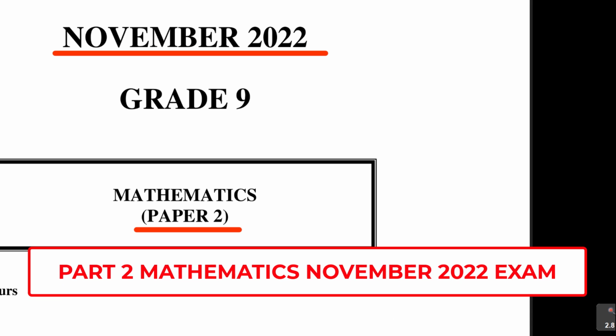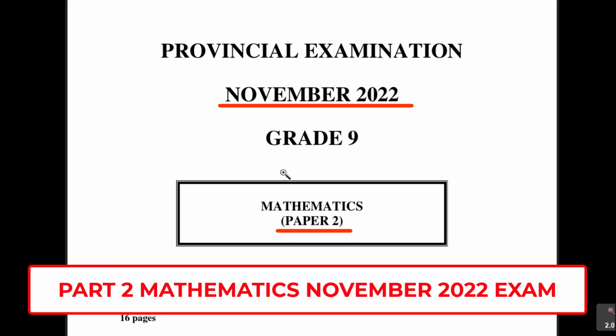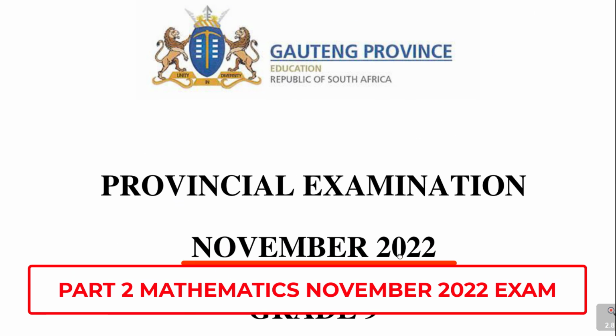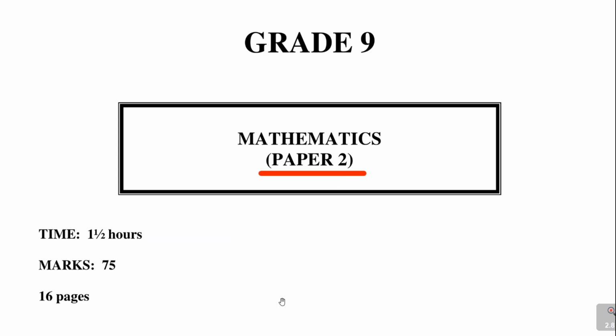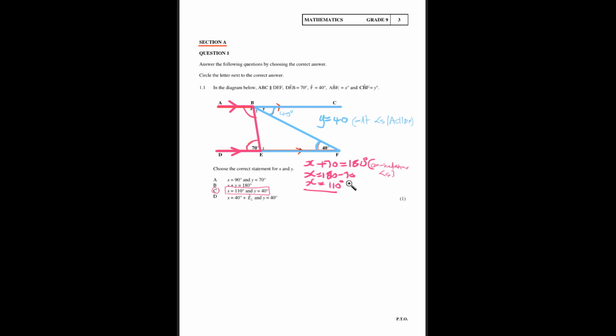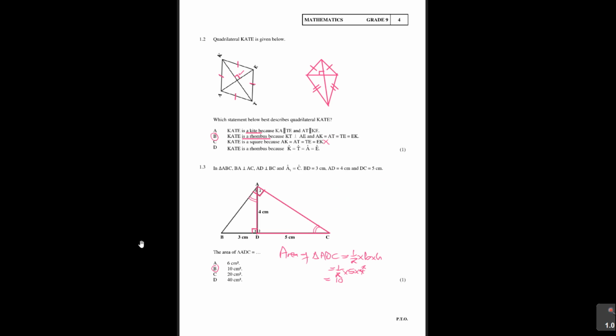So this is part 2 and we have already done part 1. If you are joining us for the first time, this is a Gauteng paper and we are revising the November 2022 paper 2. We have already done a few questions, where we did section A. You can see that this is multiple choice. We have done that, and we also did questions 1, 2, 3 up to question 5, and then this is